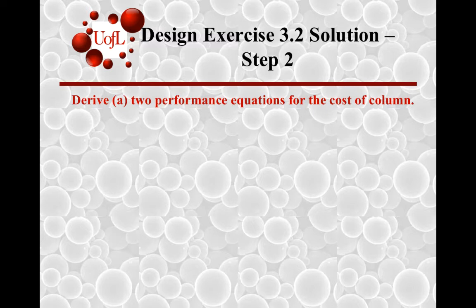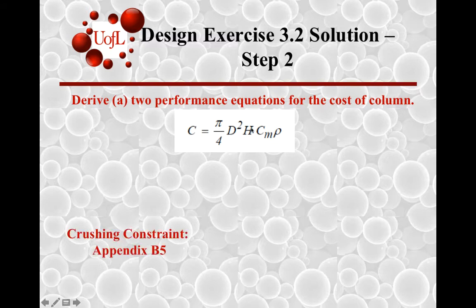So let's see how we can compose the equations that define cost for columns based on each constraint. So cost is the mass times the cost index, and mass is the volume of the cylinder times the density, and then you'll get mass times cost, right? Cost per unit. This Cm is the cost per unit mass. So the crushing constraint, you can look up Appendix B5 in your 4th edition of the Ashby book, and you will look at the fact that 4F by pi d square should be less than or equal to sigma c,